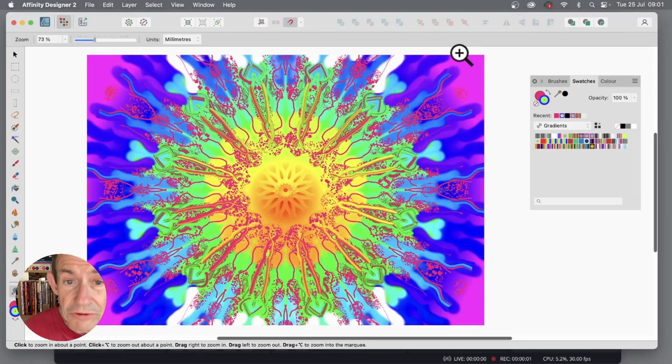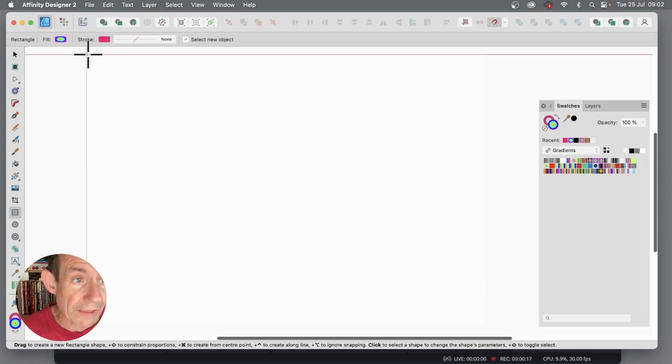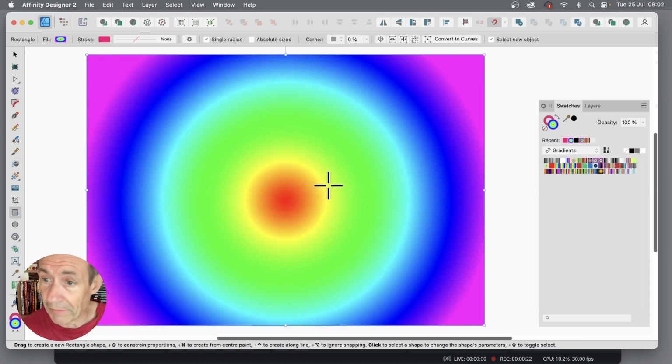How to create symmetrical designs such as this in Affinity Designer. Go to the Tools panel and select the Rectangle tool. Create a rectangle, and the rectangle can be filled obviously with anything, maybe a solid colour, maybe a gradient, but